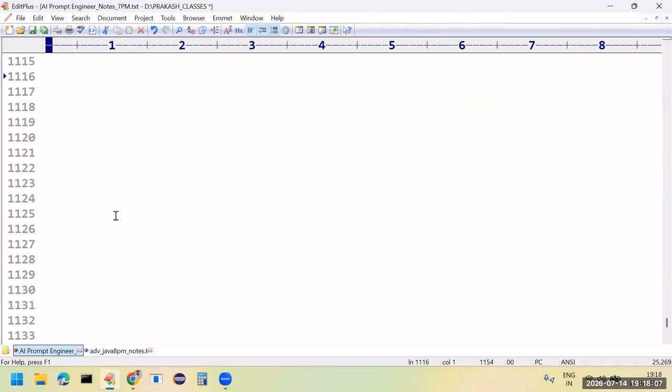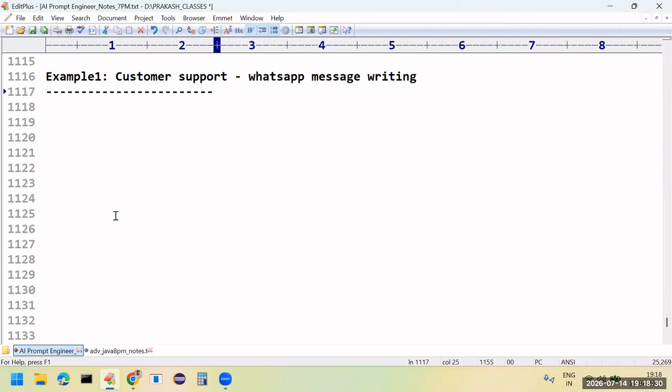Yeah. So let's consider multiple examples. Example one: I am taking customer support, a WhatsApp message. For customer support, I am writing a WhatsApp message. What is the first example?